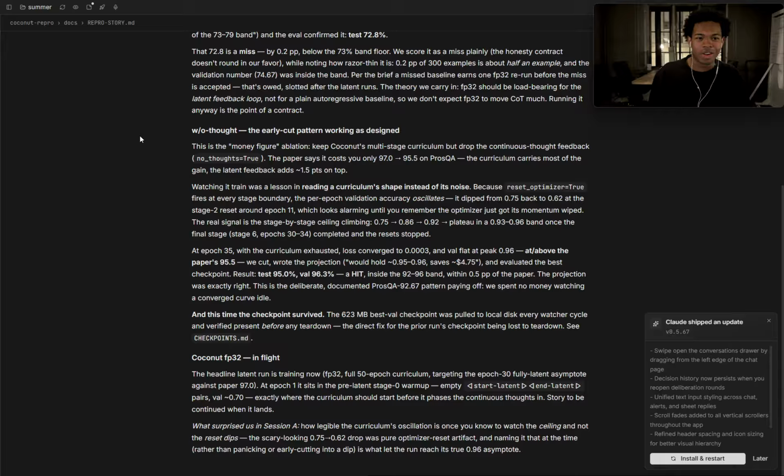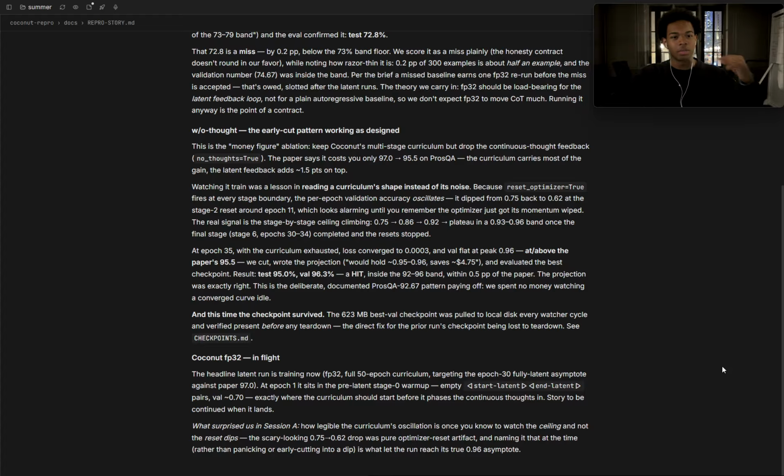Update on Coconut reproduction and a little bit more about Volchat. Maybe you all can see. No, I'm not gonna make you watch me reinstall the app. But I think the app auto-updates every 5 minutes because I ship things so often. I want Fable to be able to run something overnight that I don't have to click. So this is a new bug, where this is going to pop up constantly. Even if I click later, it's going to keep popping up until I click install, at too short of a cadence.